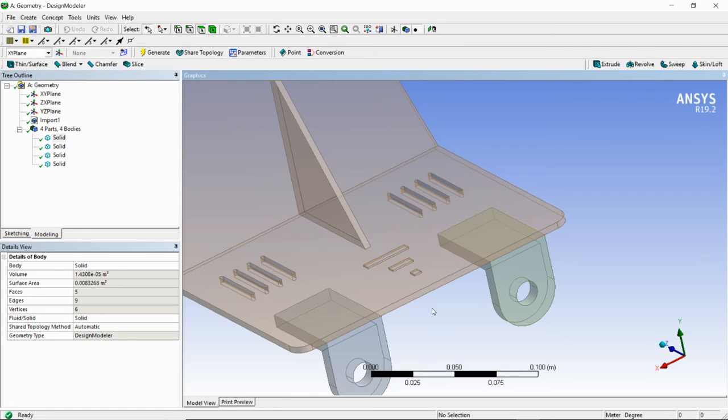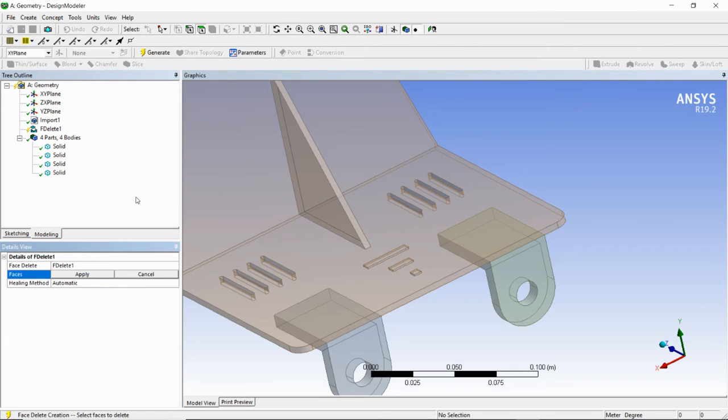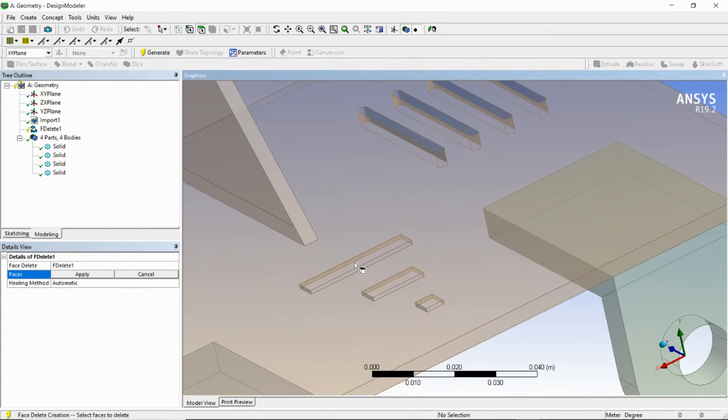For deleting these surfaces, first we will go to Create. Here you can see the Delete option. There are 3 delete options: Body Delete, Face Delete, and Edge Delete. We will delete faces, so we will select Face Delete. Now I will select all the faces which we have to delete.